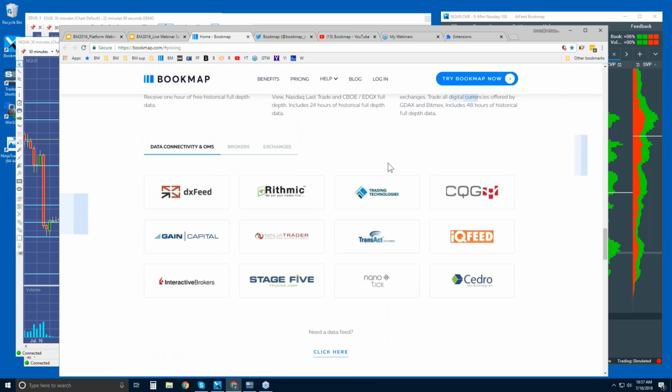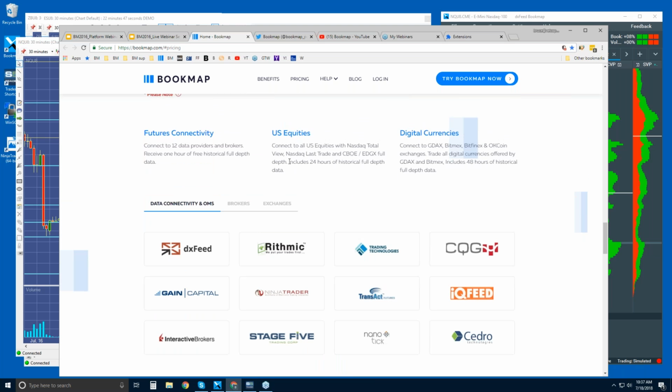Let's take a look at the different ways that we connect Bookmap here. For US equities, you use DX feed. That's the only way that you connect to US equities now with Bookmap. And then for futures, there's all sorts of different ways: Rithmic, through TT, CQG, Gain Capital, NinjaTrader, Transact, IQ feed, Interactive Brokers, Stage 5 offers all of those, Nanotick, and Cedro for